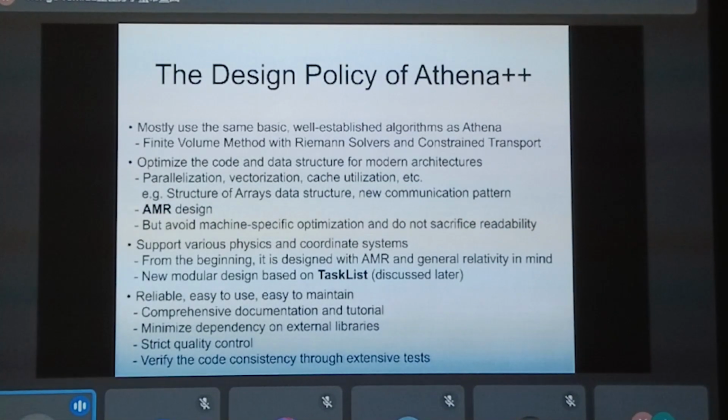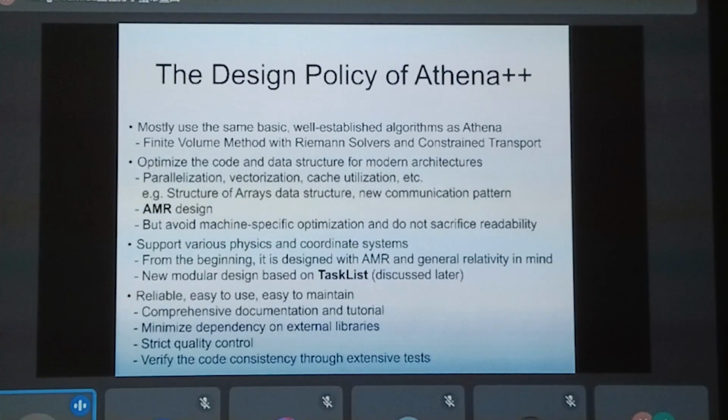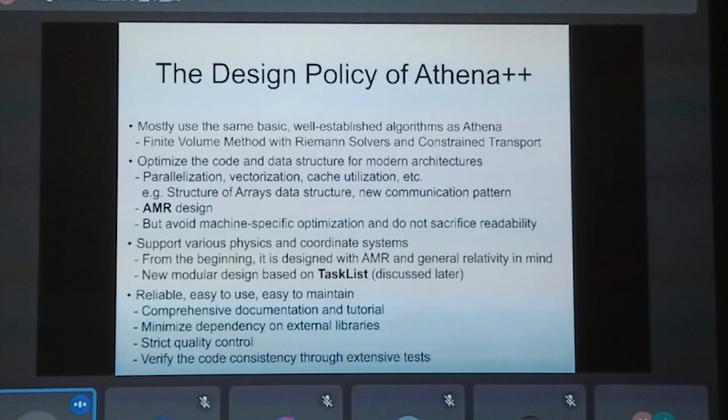And we want to keep this code sustainable. So we also want to make it reliable, easy to use, and easy to maintain. And we do not want to follow the same path as Athena took. So we want to support it for the long term.